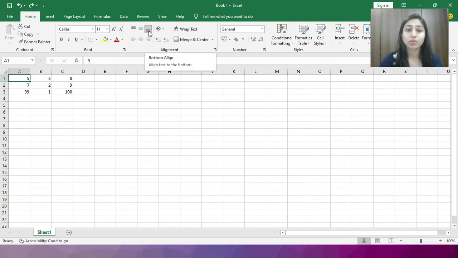For this alignment practical, we have to set some row height to clear your concept.